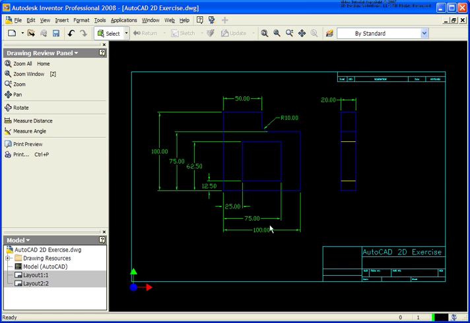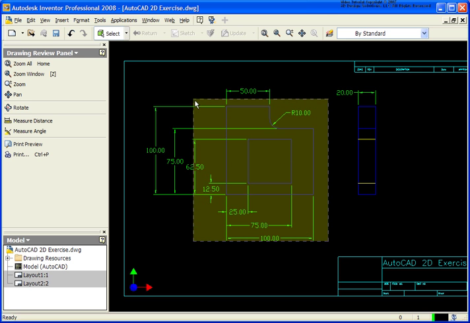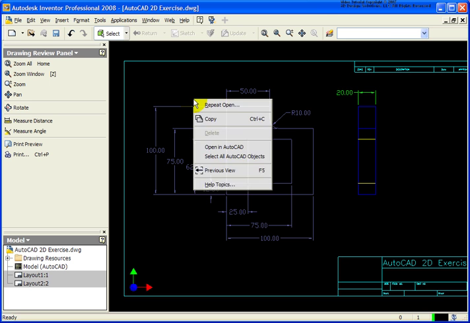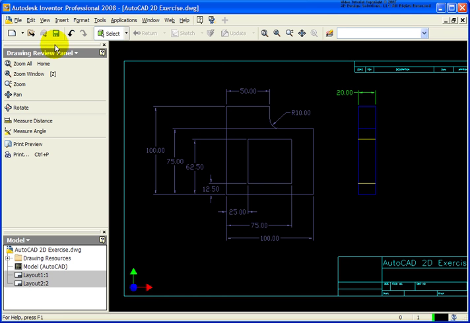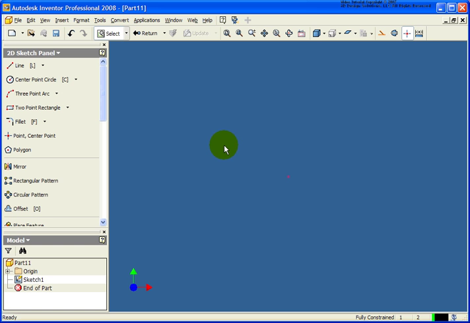And what's interesting here, right inside of Inventor, I opened up this AutoCAD DWG file. You'll notice it looks and feels like Inventor, but I have a few different tools that are available. I can go back and do the basic information study, if you will, that you would inside of AutoCAD. I want to do a measure, I want to print, zoom, everything that you would expect to do. But in this case, I can also grab the information on that left-hand side, copy it to the clipboard, start a new part file,